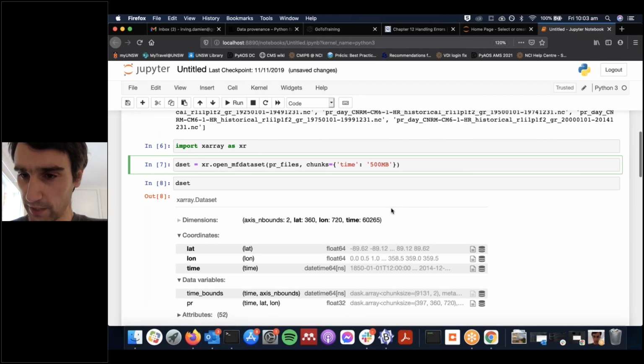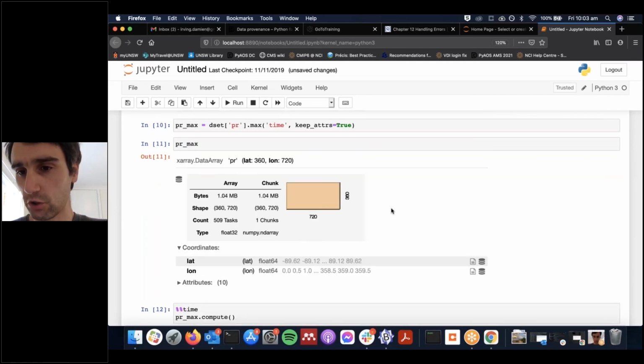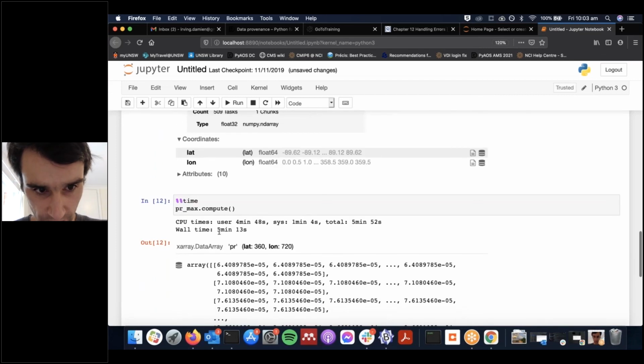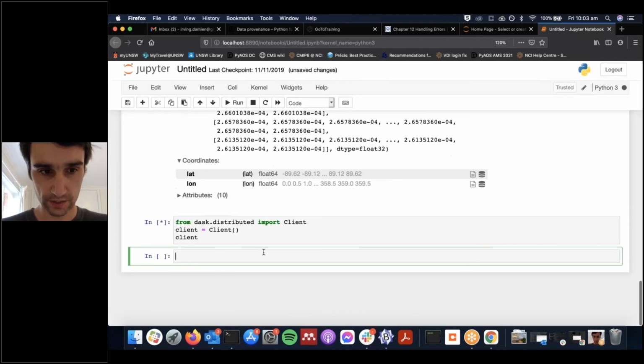If you have more RAM than the 46 gig, would you still chunk it? No, not if it all fit in memory at once. Then there'd be no need. But yeah, it's run now. It's taken just over 5 minutes to run. So now if I start my Dask client,